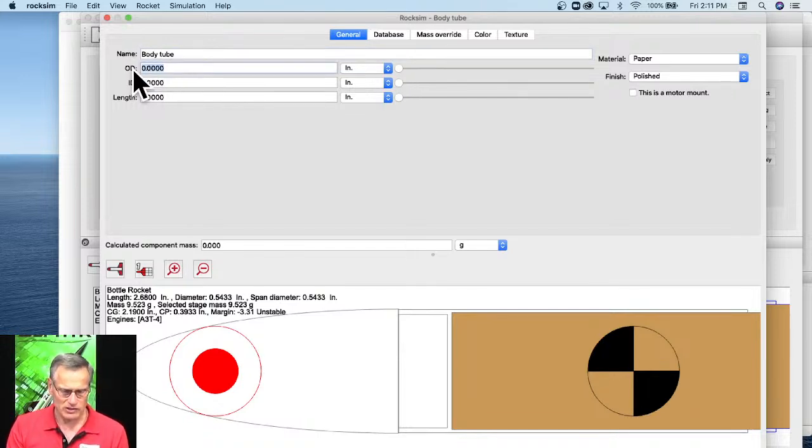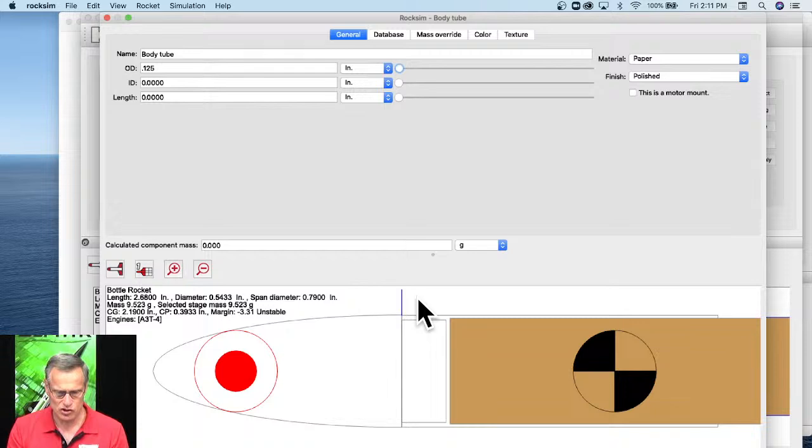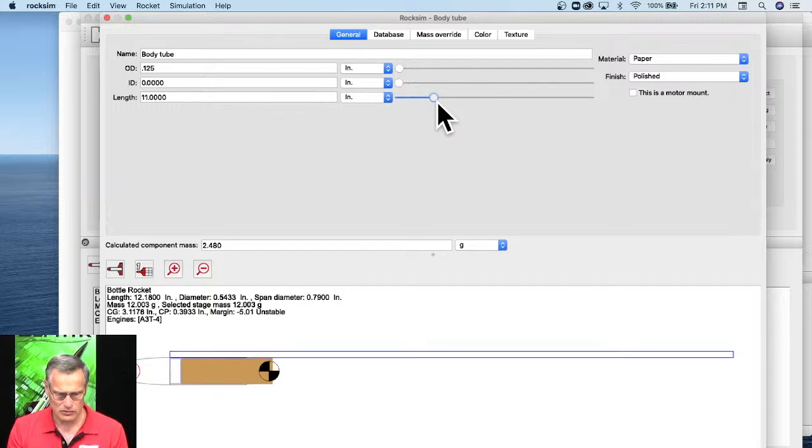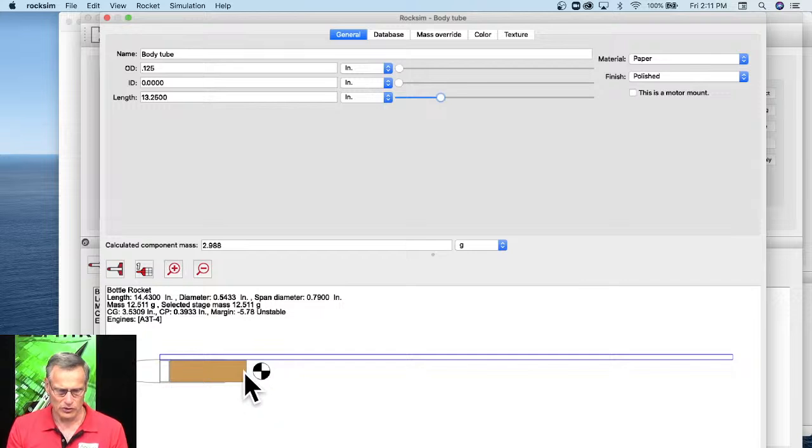So the outside diameter, what's the diameter of the stick that's attached to it? Let's make it 0.125. Let's make it 1/8 of an inch. So here's 1/8 of an inch. It's just a disc right now. We need to give it some length. So here is the length. So this shows that the rocket is unstable